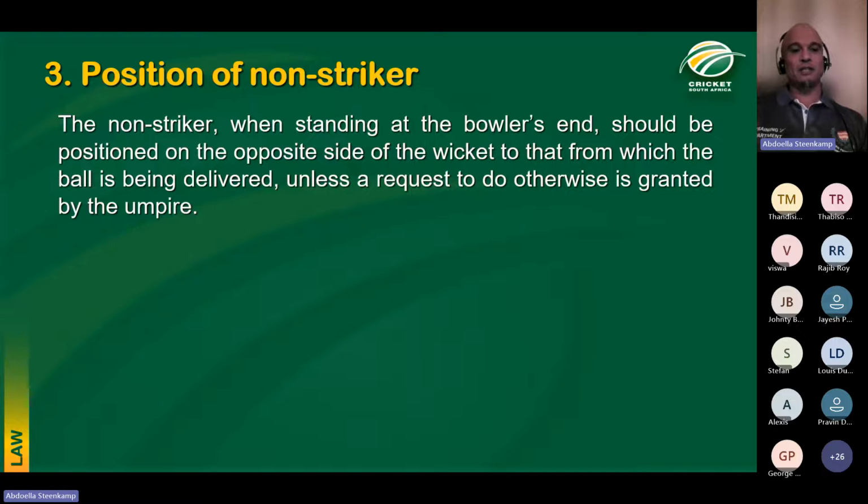Position of the non-striker. Where do the non-strikers stand? According to the law, the non-striker, when standing at the bowler's end, should be at the opposite side of the wicket to that which the bowler is delivered from. So if the bowler is bowling right arm over the wicket, the non-striker should stand on the onside. If the bowler is bowling left arm over the wicket, if it's a right-handed batter, the non-striker should